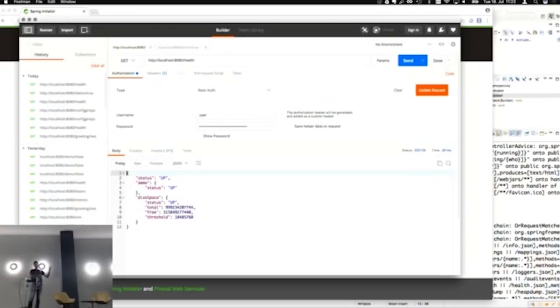When I left Pivotal about 3 years ago, and between back then and now, I actually used Spring Boot to build an awful lot of microservices. This is one really important feature which always comes at the point where, oh, tomorrow is your production rollout. Holy, we forgot to implement that health check. We need this now. So keep it in mind when you use Spring Boot to develop. This is really, really useful.